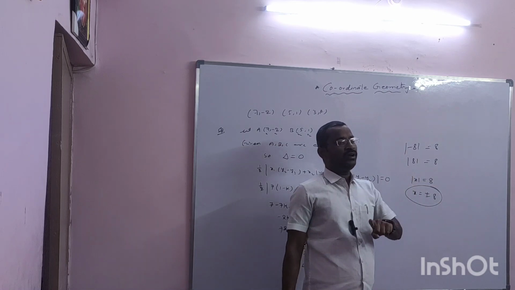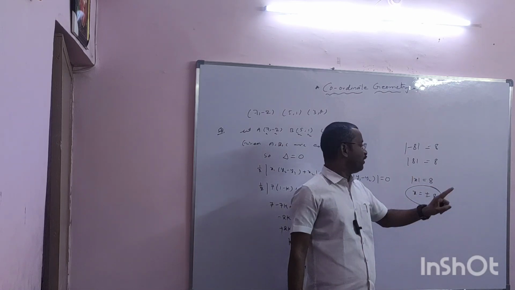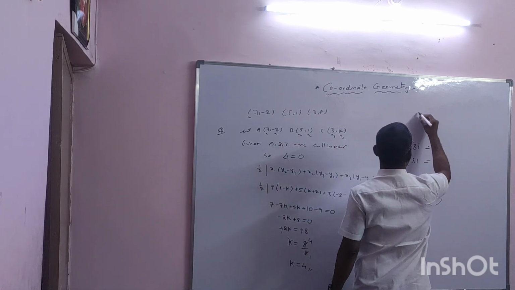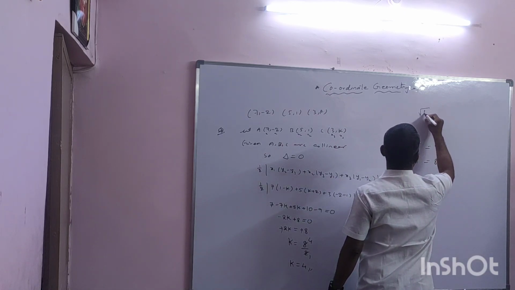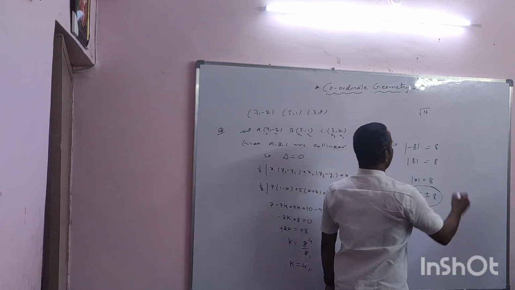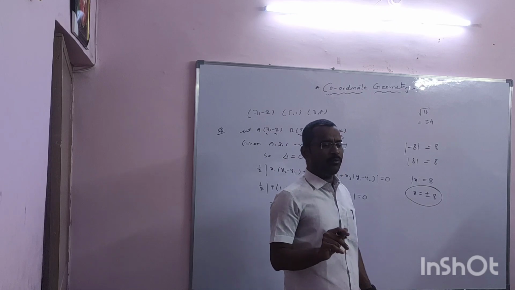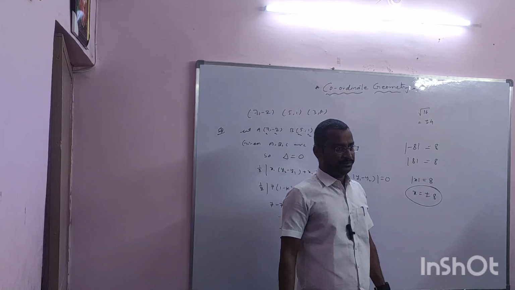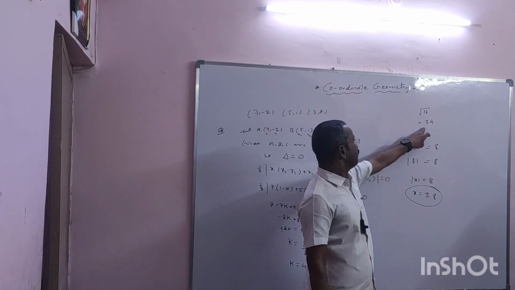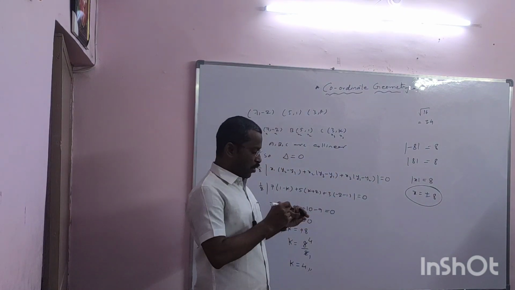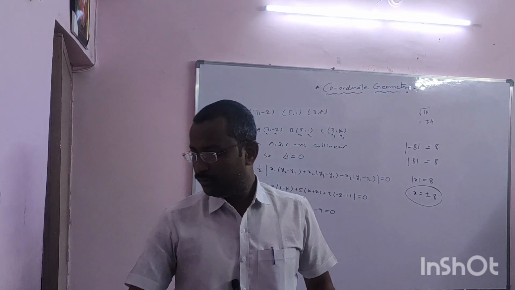So for the positive integer and the negative integer, we will take only the positive, like square root. For example, if you write square root of 16, what do you write here? Plus or minus 4. Usually we will write plus or minus 4, but we will take only positive integers. Is it clear? So that is plus or minus 4. That is the reason we are using the modulus. Based on this,